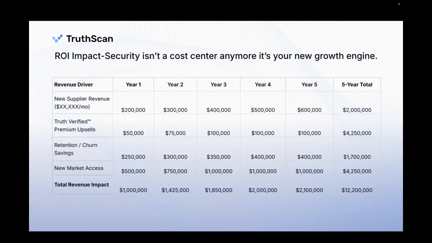We are able to prevent that and also increase the value of what you do from a platform and trust standpoint. Because if people know they cannot get through that layer, your platform is more trusted and it becomes a competitive advantage. So not only will you get new suppliers that you didn't have before, new merchants, new people on your platform, new claims, you're also going to be able to have premium upsells.